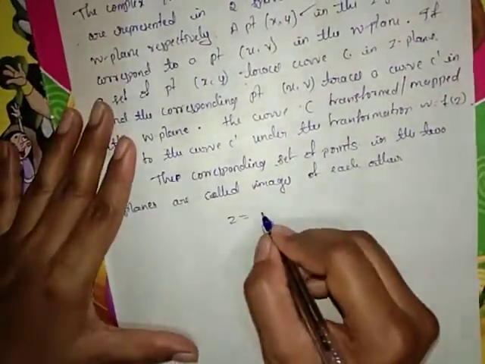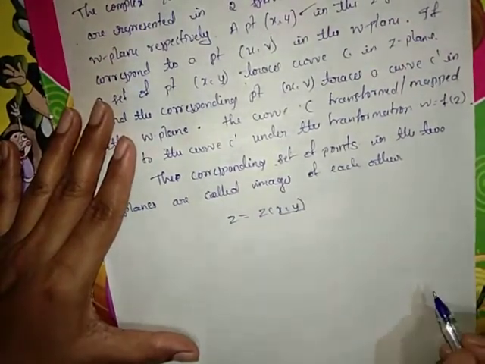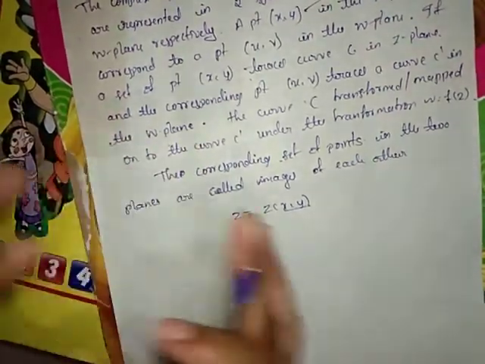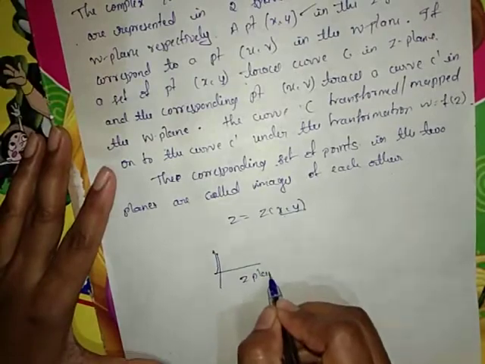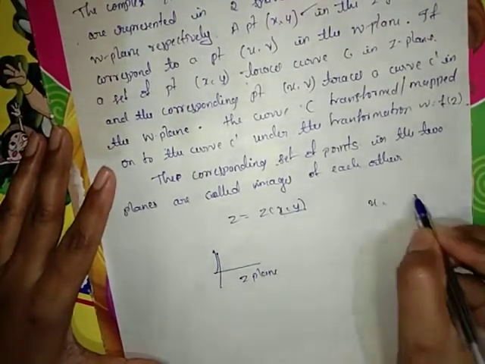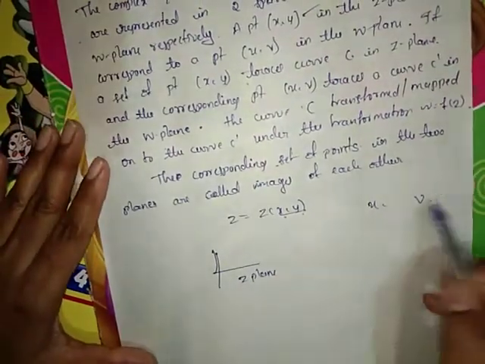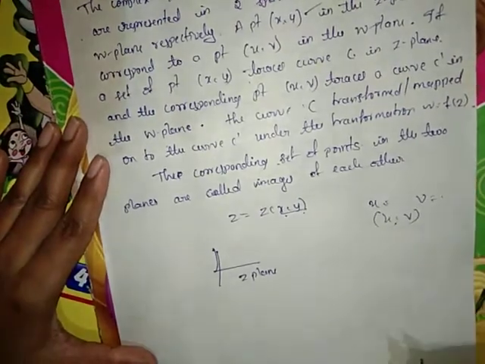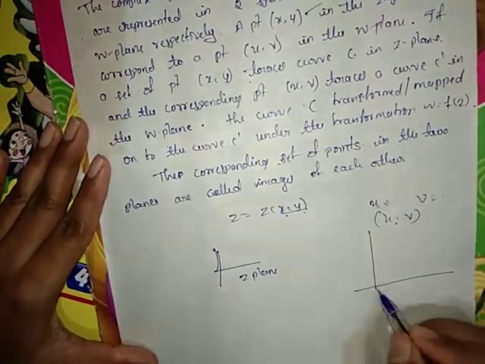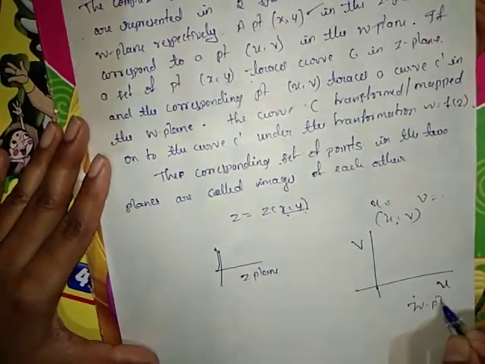So you just have to remember one thing. Z is a complex number which has the coordinates x and y. There is a set of points x and y. From those we can draw the graph in the z plane. Now using the relation between u and v, we substitute these x and y values in the u and v. Then we get the points u comma v. Using these points, we have to draw the graph for the W plane.